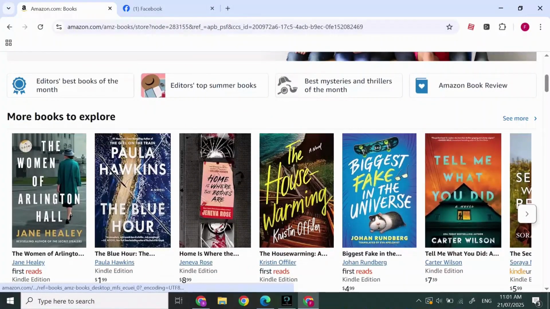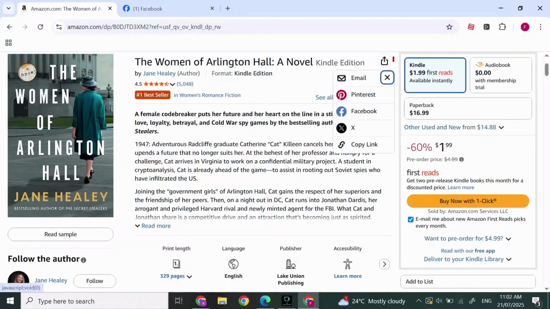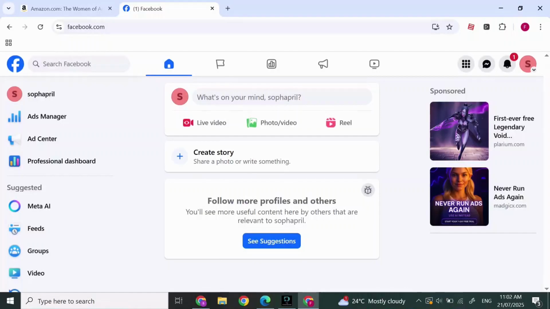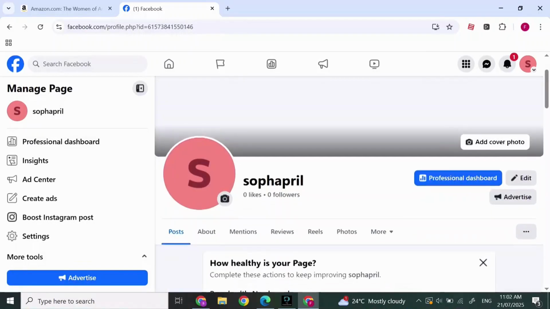Click on the product to view its full details. Now, simply copy the link, as you will have affiliate links at the top. After that, go to your Facebook page and on the left side, click on your name to go to your profile. After you're in your profile in Facebook,